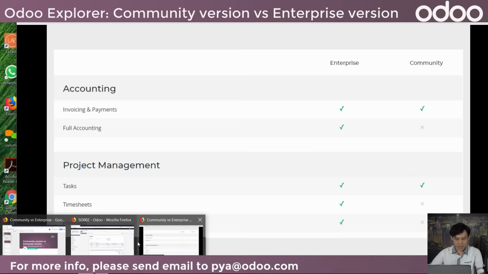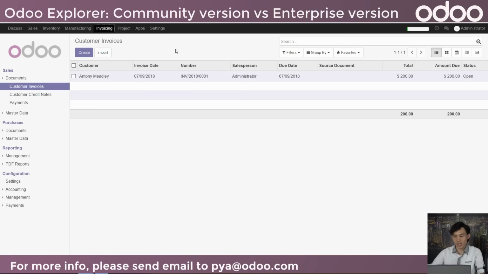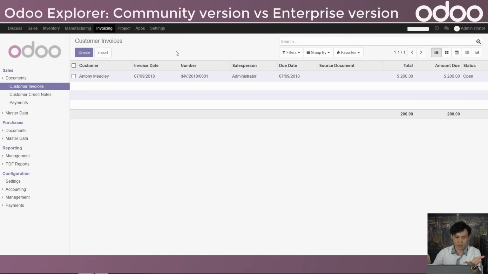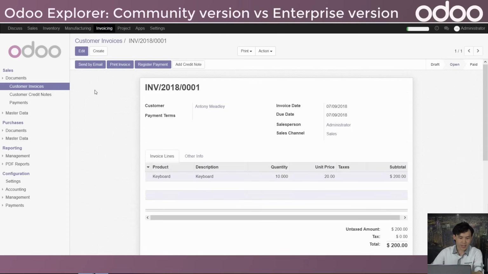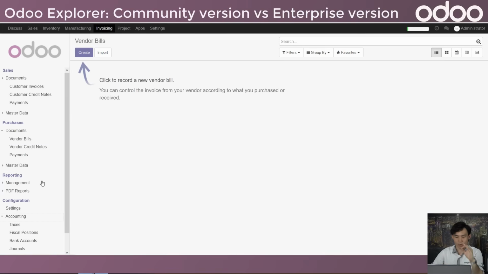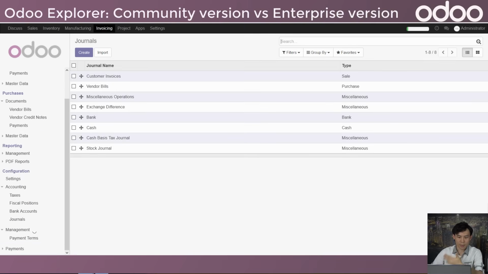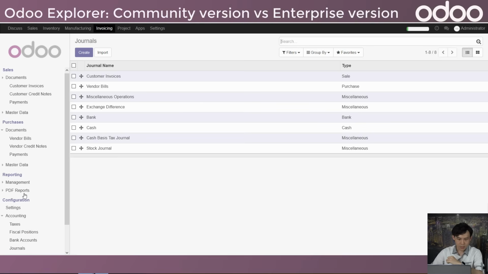So again, let's start with the community. In the community, actually it's just the invoicing, but not a whole accounting software, I would say. Again, as I said, you just get very basic invoicing like that, and you get vendor bills. So you get more or less some of your accounting settings, such as your bank account, your journals, and payment terms, stuff like that. But here in the enterprise version,